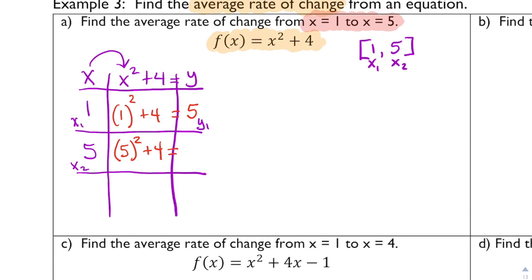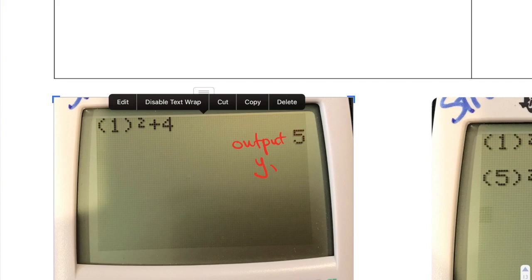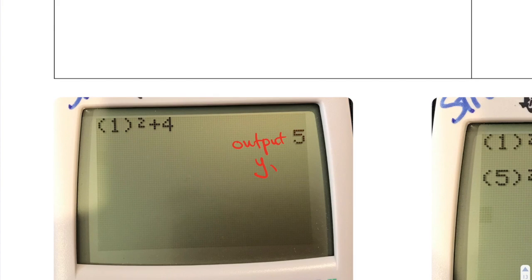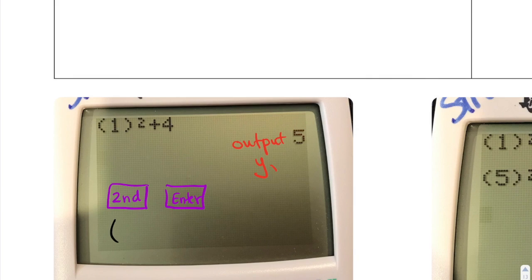We're going to do the same thing. Now I am going to remind you that once you have that equation in your calculator, if you hit your second button, which is the blue button, and you hit the enter button, which is also considered your equal button, then what will happen is it'll pop that equation back on your screen. It will pop up with 1 squared plus 4,